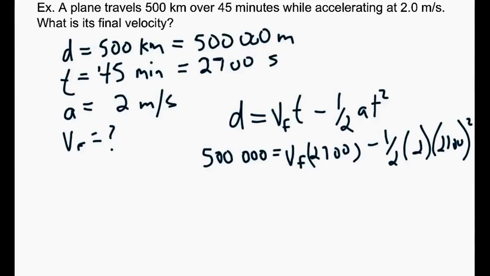Okay, big numbers, but it should work the exact same. So now let's simplify all the math. We have 500,000 on this side equals 2,700 VF minus 1/2 times 2 times 2,700 squared is